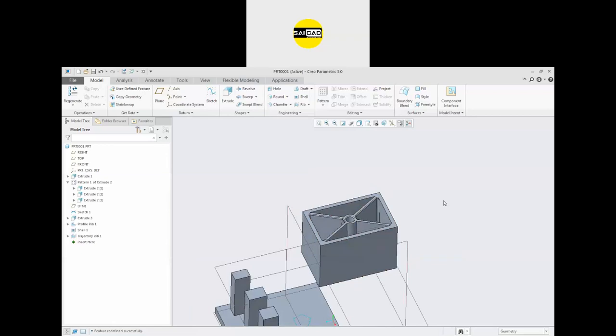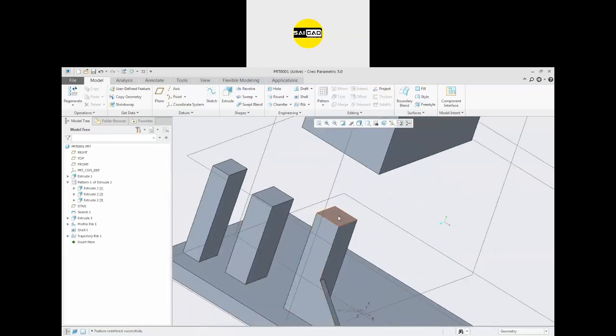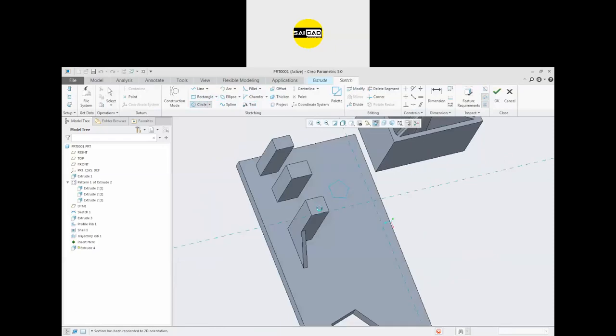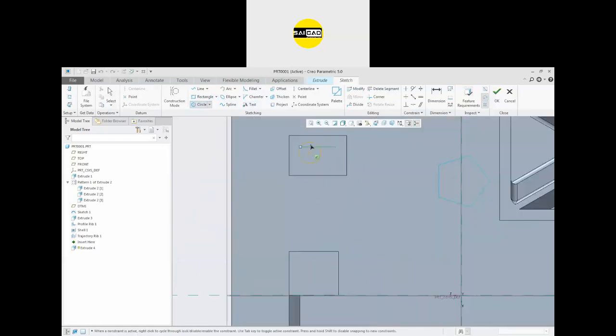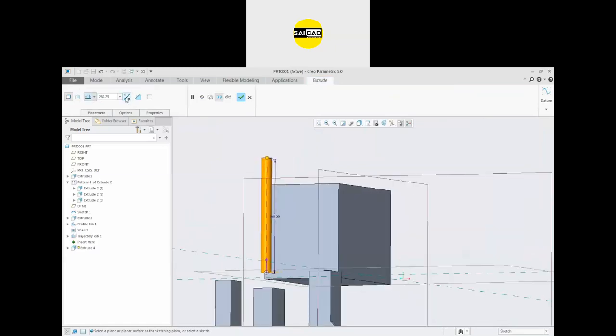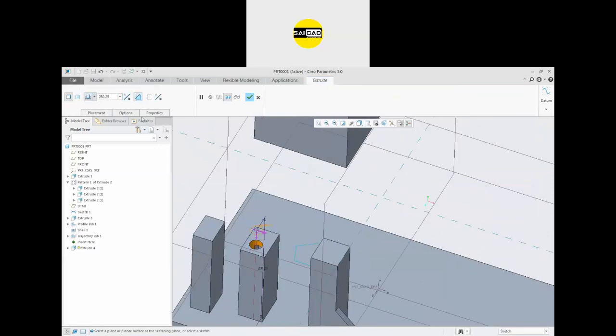So next question is circular pattern and inclined hole. To create an inclined hole, you have to use the extrude option. Create a circle like that. Okay, and the flip side, no material, and the hole will be created like this.